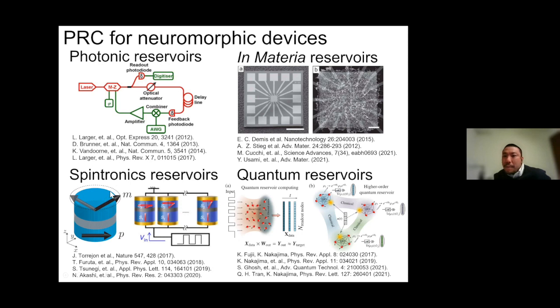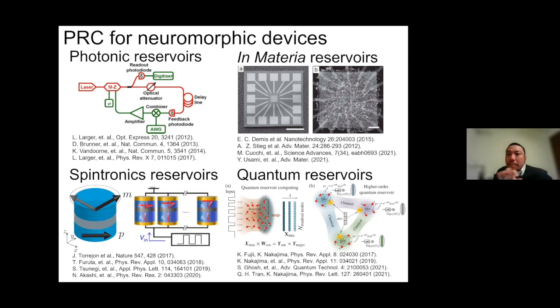And the third approach is spintronics reservoirs. In spintronics reservoirs, there are lots of types, but for example, you can use spin torque oscillators, nonlinear oscillators, as a reservoir. And of course, you can implement high-speed computation, and also because it is very tiny,